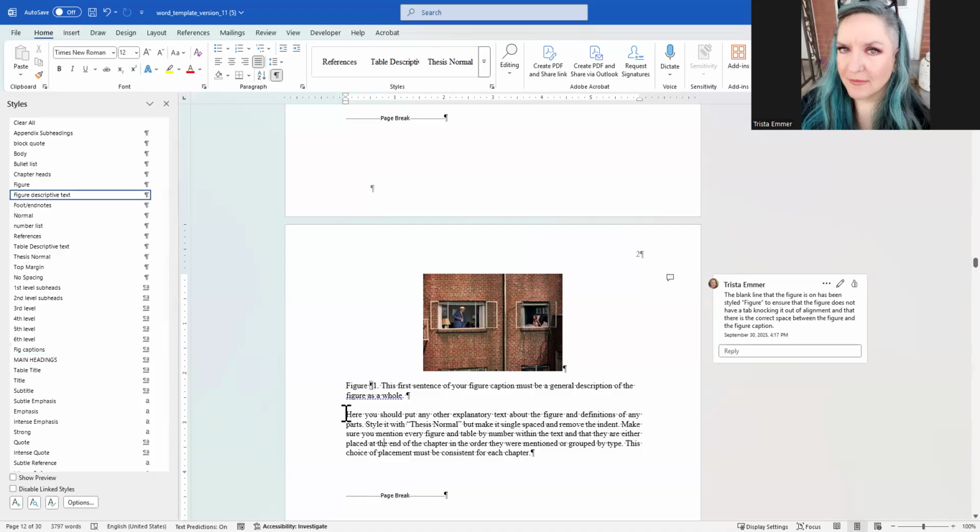We also have this figure descriptive text. I'm going to make sure that that is block indented. This text was based on thesis normal, so sometimes when the styles are based on another style, it will change with that other style. So keep that in mind. But this one is correct. We just checked it. We just made sure that it is